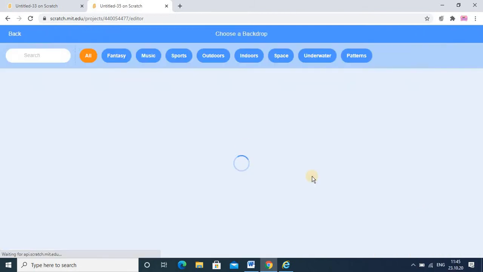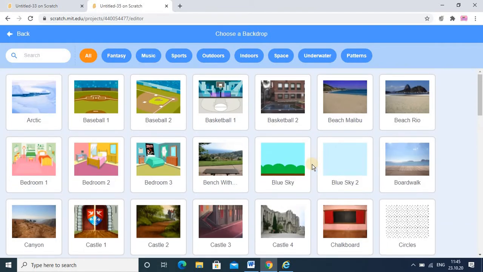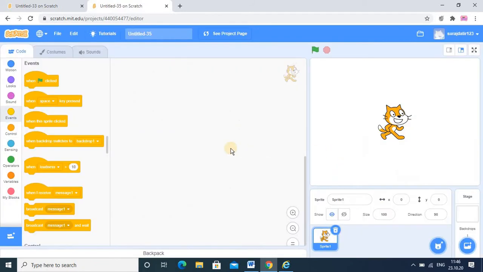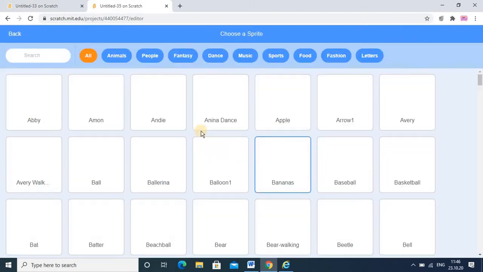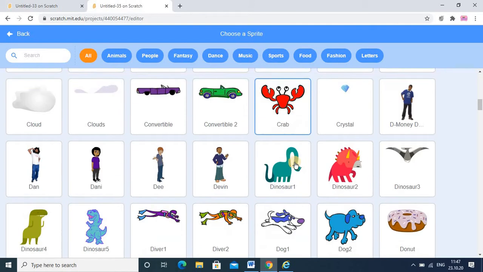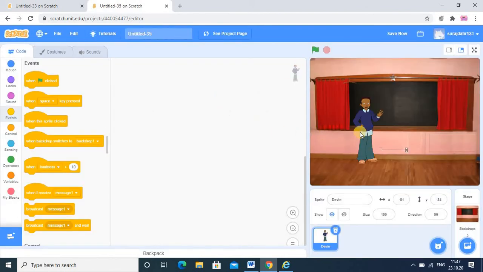So first of all, we need a proper backdrop here. So this one I am selecting, because suppose if I take one teacher here or anyone, then it will look like a quiz. So I am just deleting this sprite and I want a proper sprite, so I have selected this sprite. Okay,